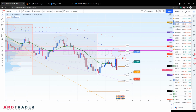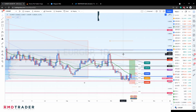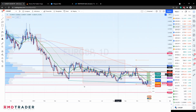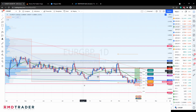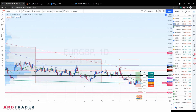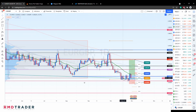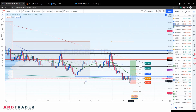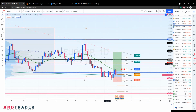Moving on to the EURGBP, it has currently found what we hopefully understand to be a bottom. It could be a double bottom, and you can see that we also have this lower diagonal trend line as well as a horizontal trend line in place. Currently, price does appear to be rejecting the 21 EMA,